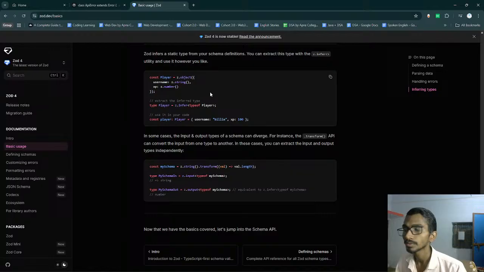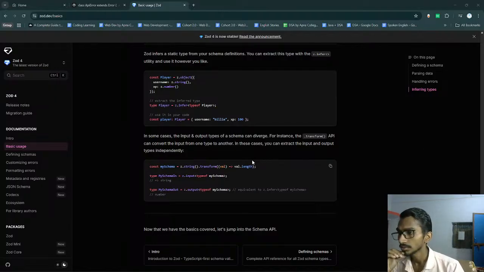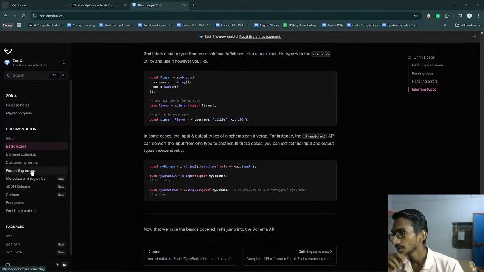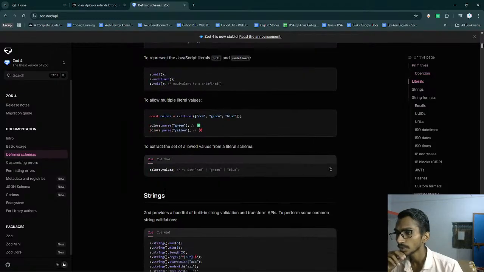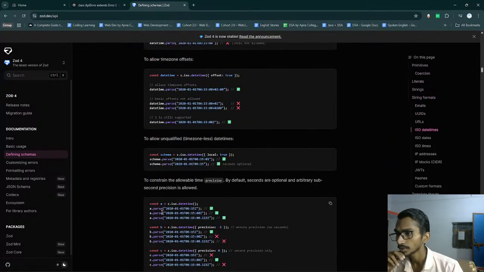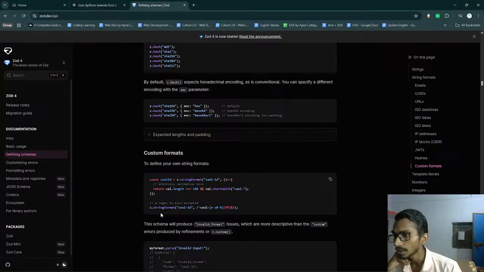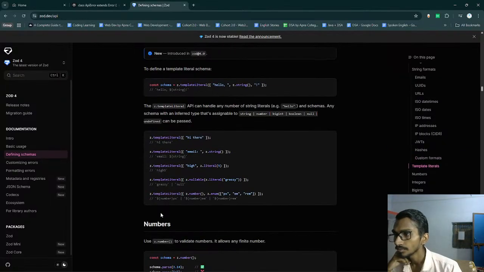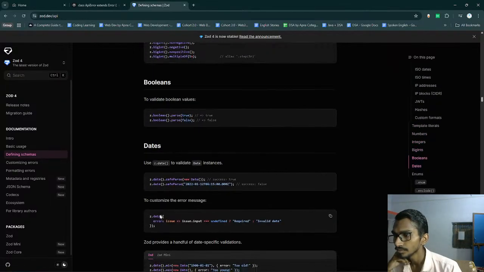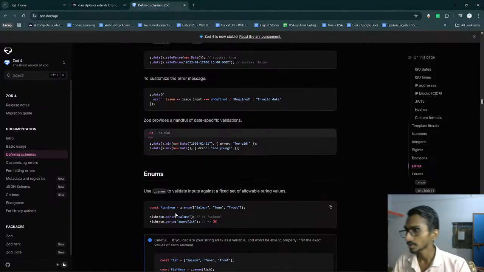Z dot string. What is this? Okay, defining schemas quite easy with the help of these things. You can actually define the schemas. You can say parse